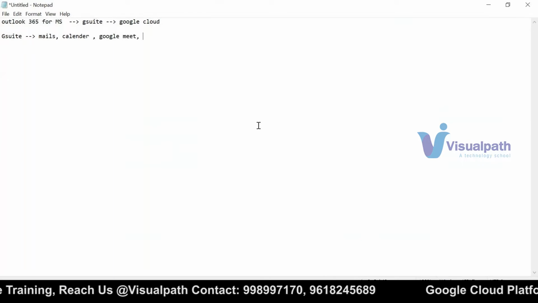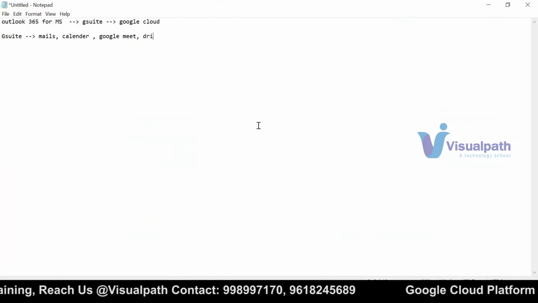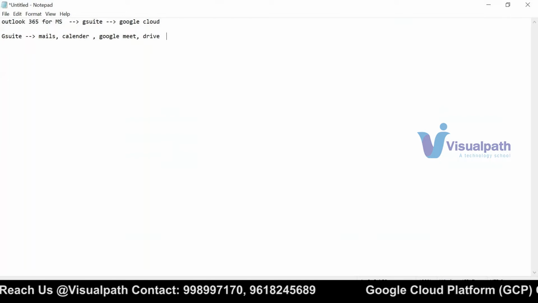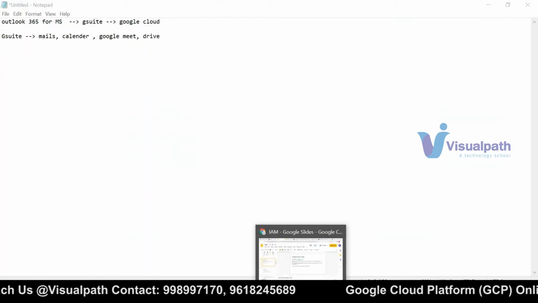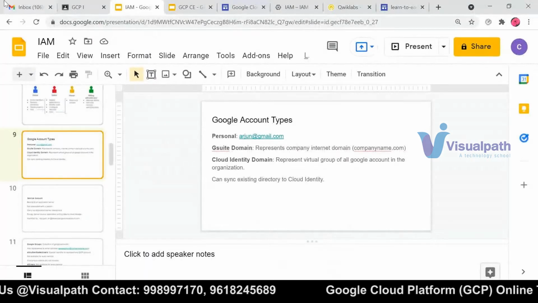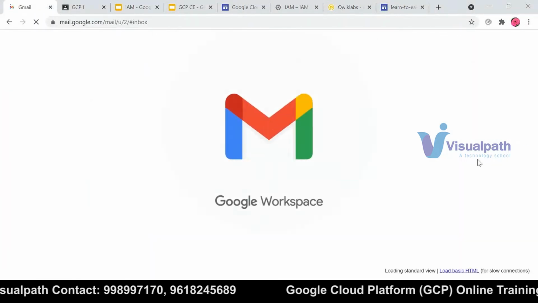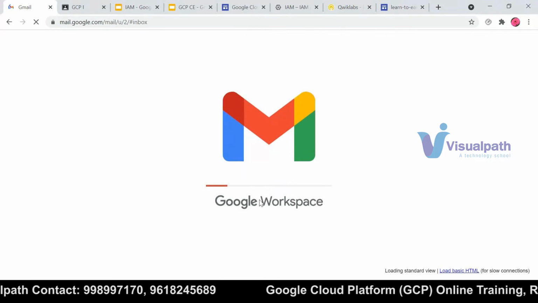Instead of OneDrive, they give Google Drive. If you open a customer email, instead of Outlook you will get an interface similar to Gmail. It will open like Google Workspace here,